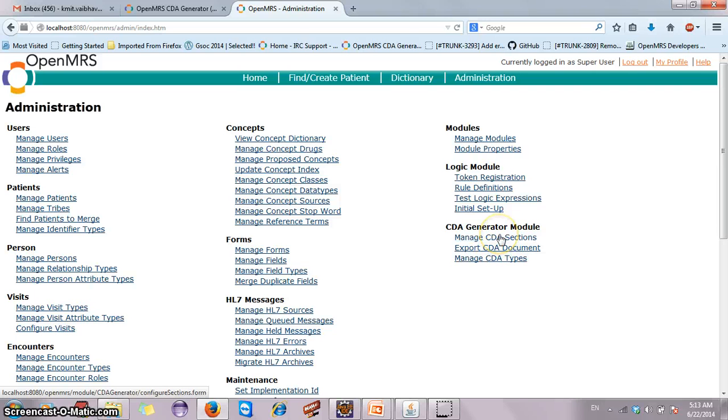Manage CDA section link allows us to edit section names, section description, template ID, and other attributes related to particular section. Export CDA document link allows us to produce CDA document and output it to the user. Manage CDA type link allows us to edit document full name, document short name, template ID, and other attributes of CDA type document. So first let's check out manage CDA section link.